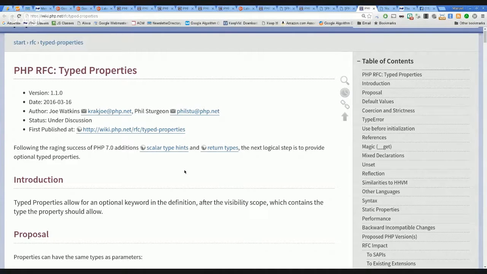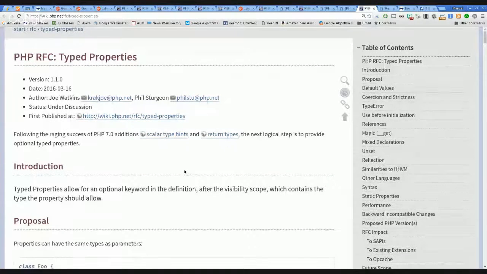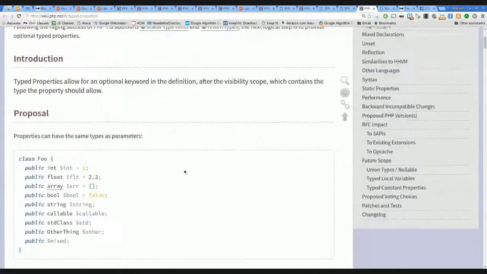So PHP 7 introduced type hinting for classes, functions, and return values. Now the idea is to make it more complete for class properties.